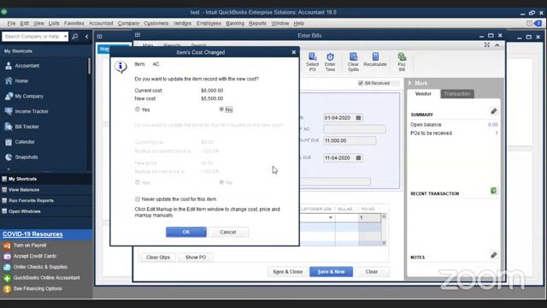Now, you might remember that we updated the AC's cost as 6,000. Now it's asking, do you want to adjust the cost? Yes, obviously, because the cost you're going to purchase is going to be a new cost. You don't have to overstate your costs. So this is a very easy thing. You don't have to go to your inventory line item and edit it. You can do it then and there. So I'm going to say yes and okay.